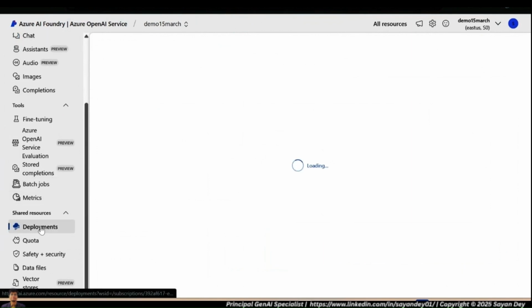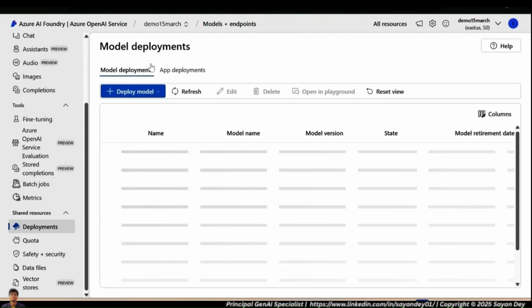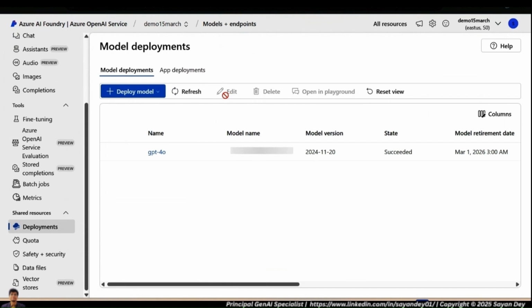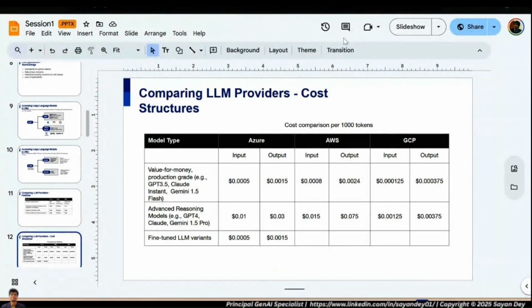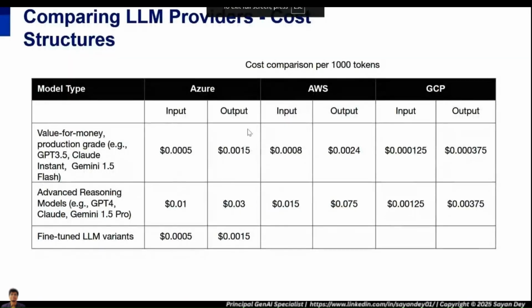So when I go to my deployment section, you will also do a demo. All of you will do a demo shortly. You can see my GPT-4 Omni is present inside Azure, is hosted inside Azure. So I'm not going outside Azure. Okay. But you need to be mindful of this part, please.